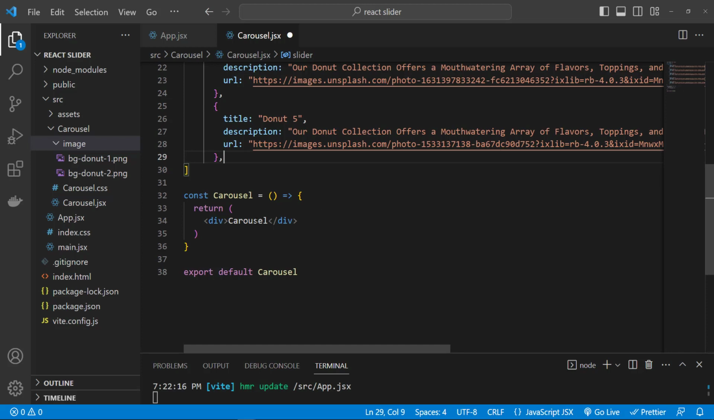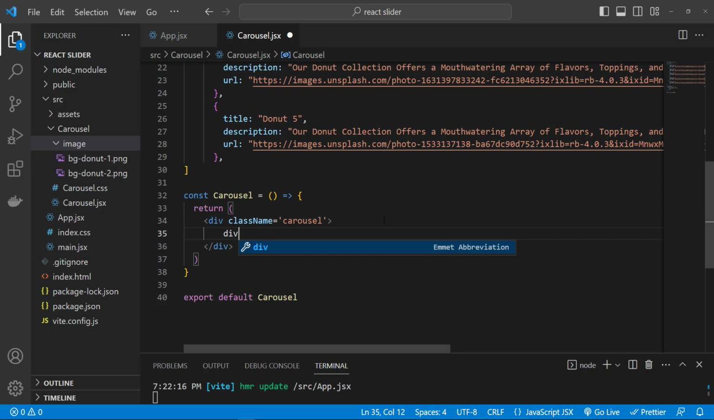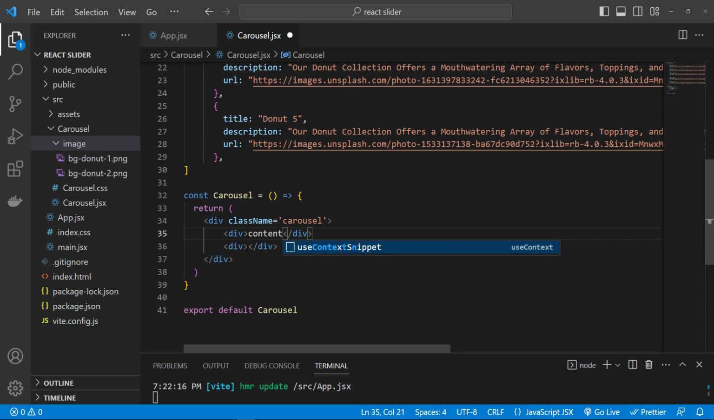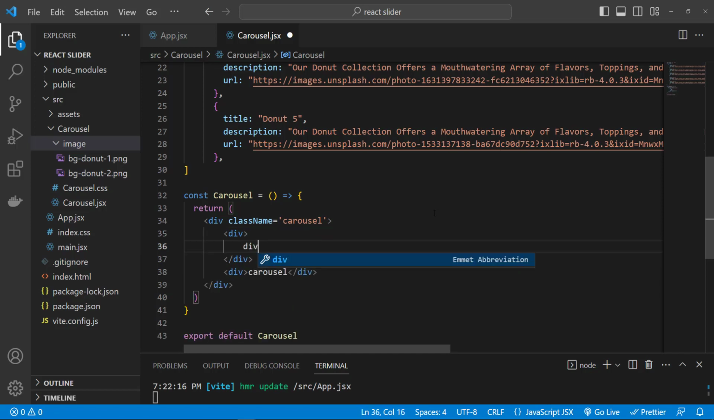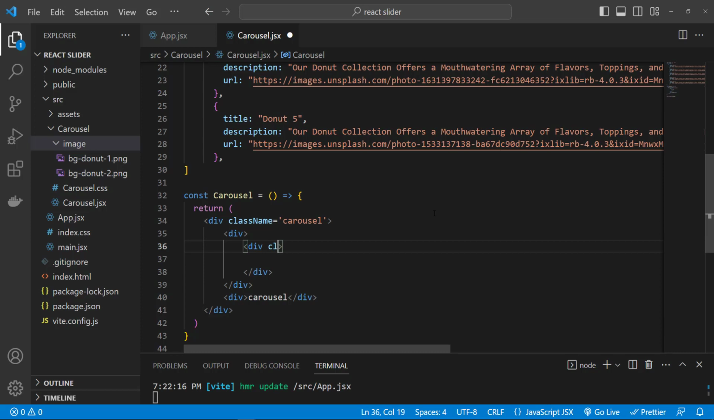Back to our code. We don't need this text. Give it a class name equal to carousel. Now we want to create two divs. This one is for the content on the left side and other is for the carousel on the right side. Now inside this div, let's have a new div. That div is going to have a class name equal to